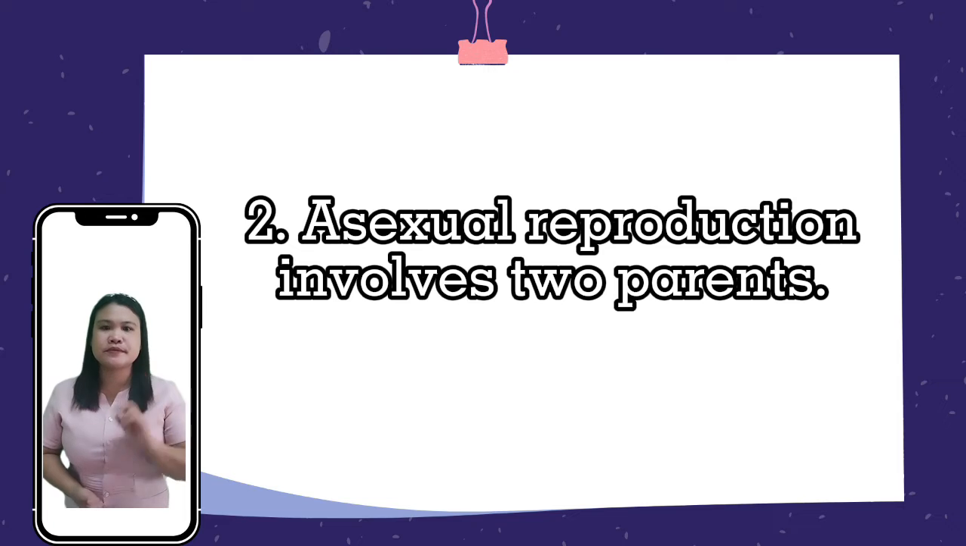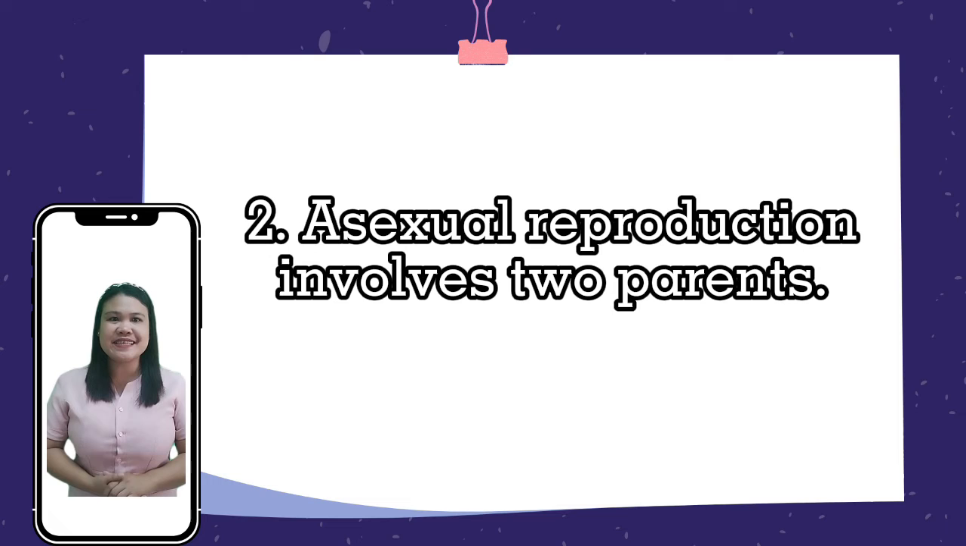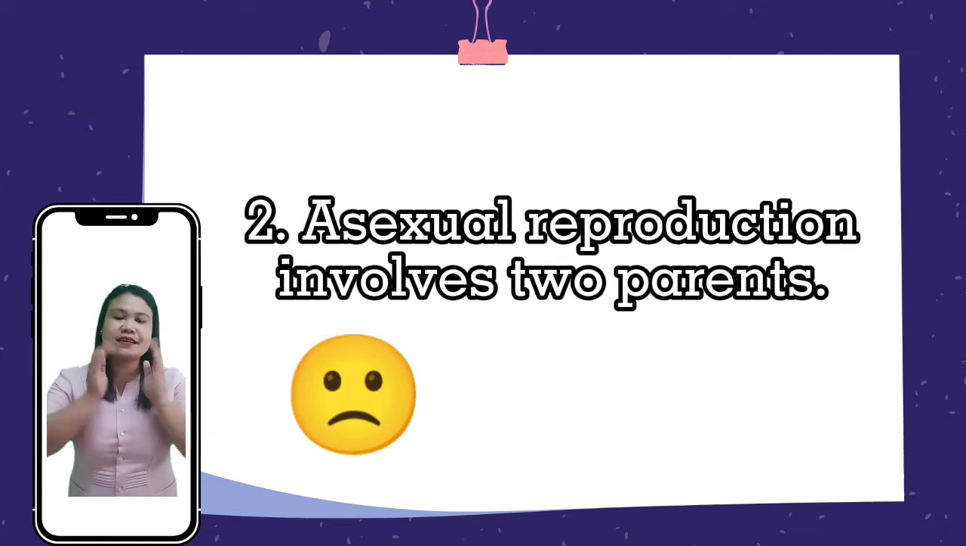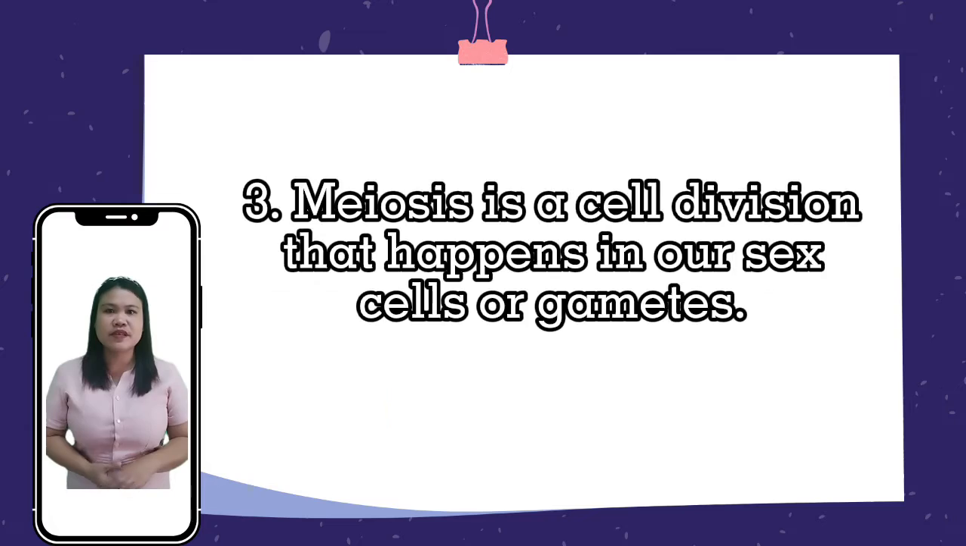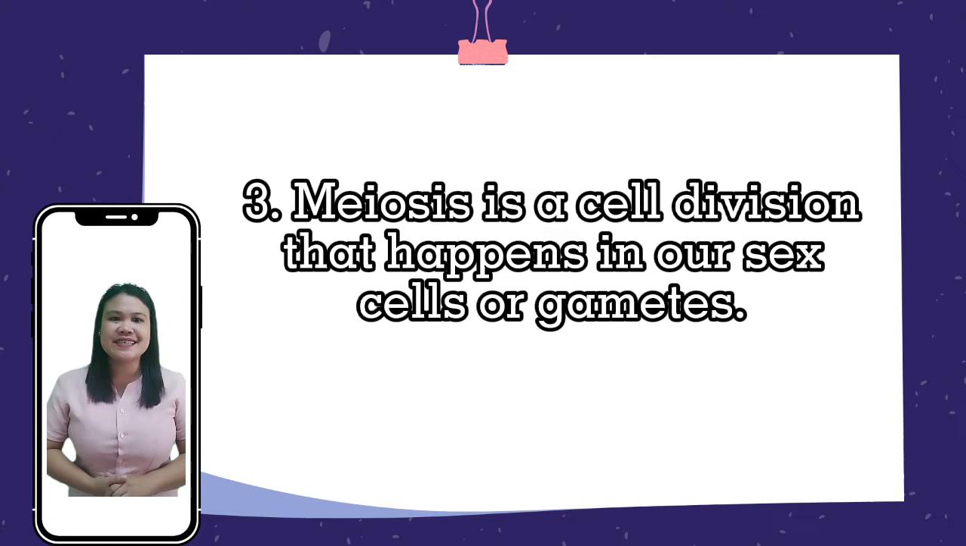Number 2. Asexual reproduction involves two parents. The answer is a sad face. Number 3. Meiosis is a cell division that happens in our sex cells or gametes. The answer is